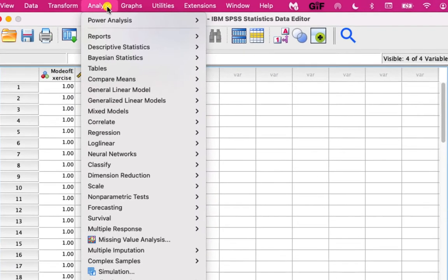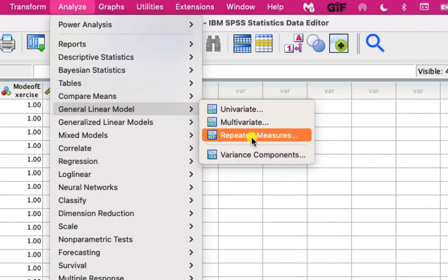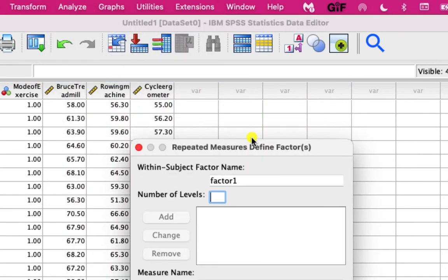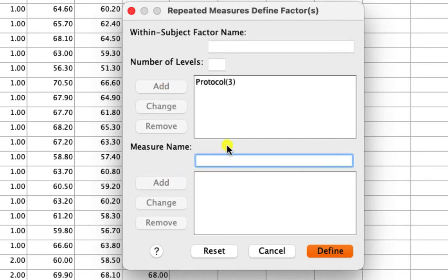We can go to Analyze, General Linear Model, and Repeated Measures. Then we can stick in our within subject factor, which is the protocol, or you can put equipment, either way. There are 3 levels, and then the measure that we have collected is VO2. Click Define,